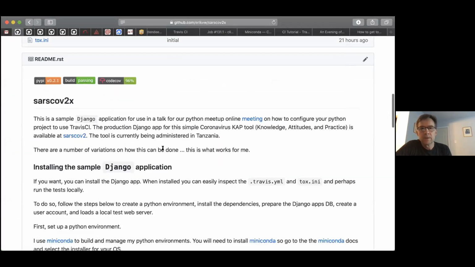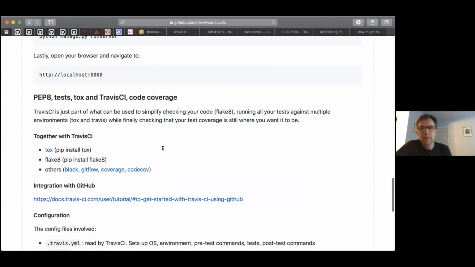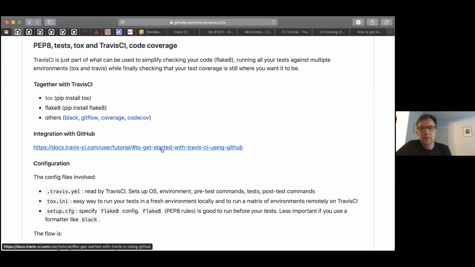So if it actually fails, does that mean that the push fails, the commit fails? Is there any method to make sure that code doesn't still infect the base? Okay, so